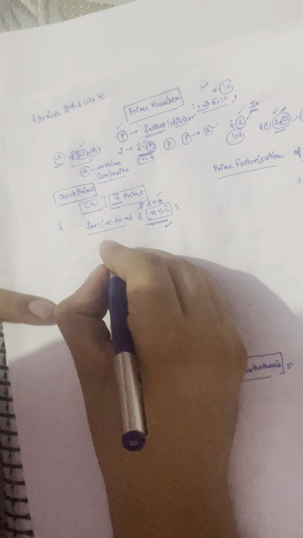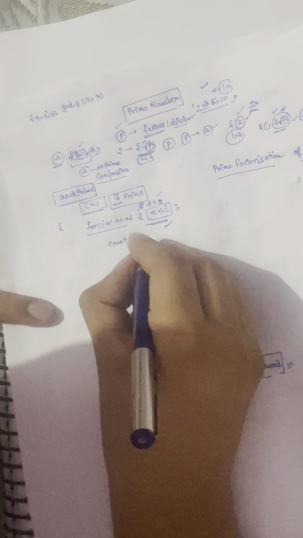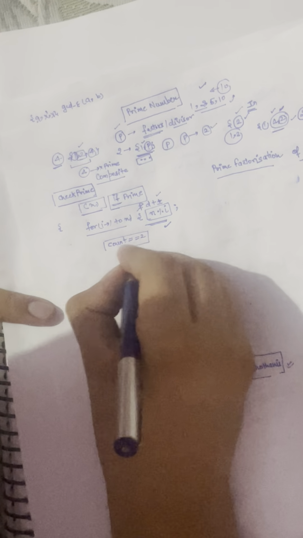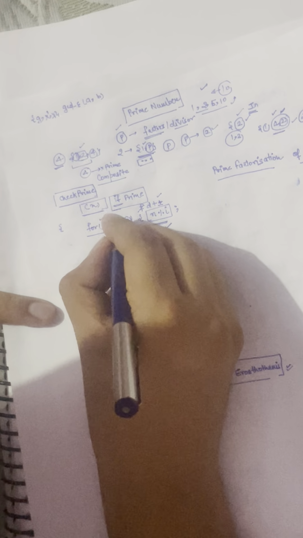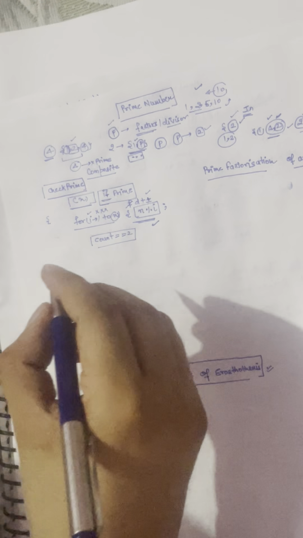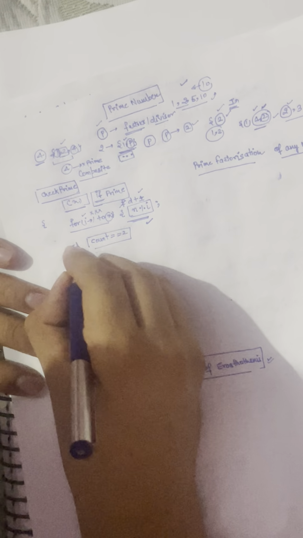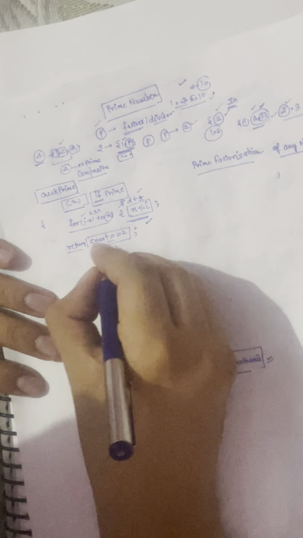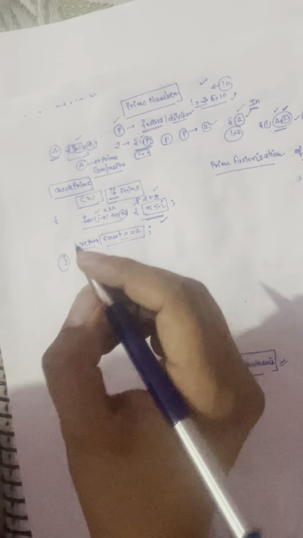At the end, if the count of divisors of this number is 2, which is obviously 1 dividing it and the other being n, and there is no other number in between which divided that number, then this number is a prime number. So we would be returning whether this count is 2 or not. If this count is 2, then this number is prime, and if this is not 2, then this number is not a prime number.